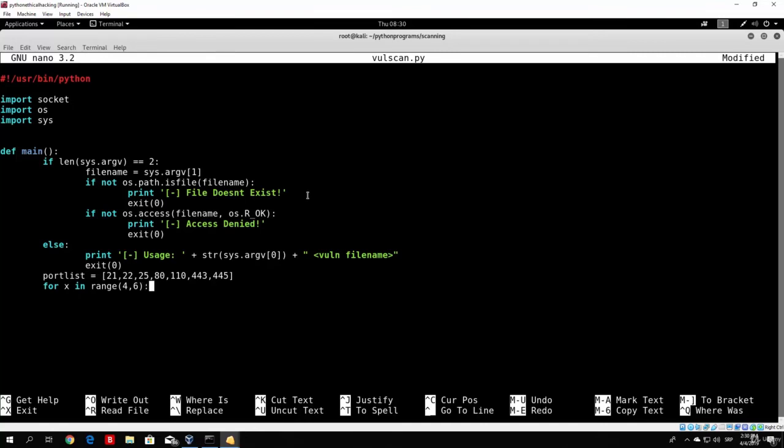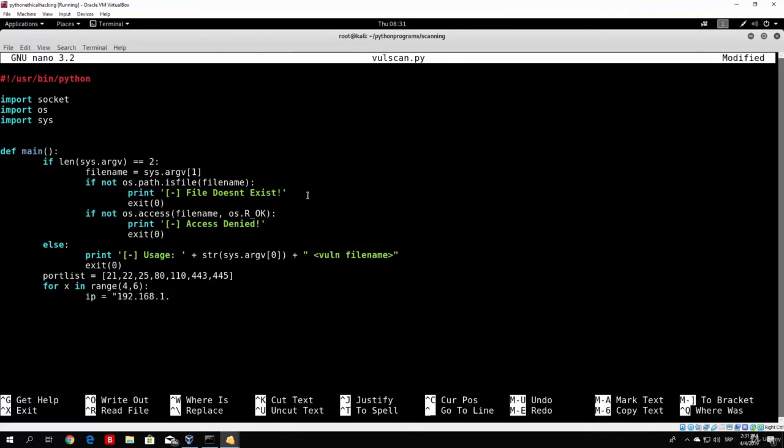If you wanted to, for example, scan the entire local network, you would just type from 1 to 255, since that is the maximum number of hosts available on a local network. But right now we will just leave it on 4 and 6, since we are scanning only 2 hosts. And we want to set a variable so our program can know what the IP address of those hosts are. So we use for x in range, and now we want to set the IP for each loop to be